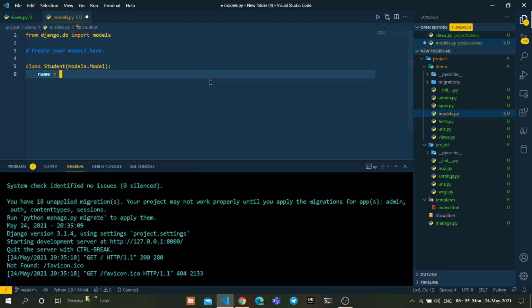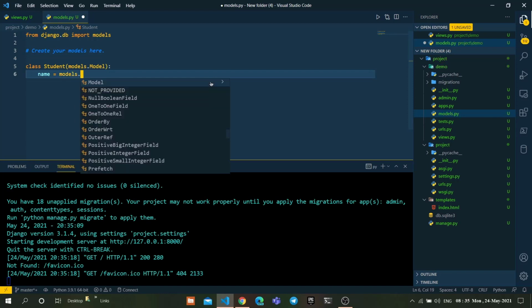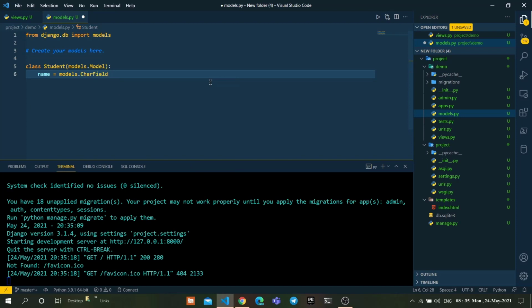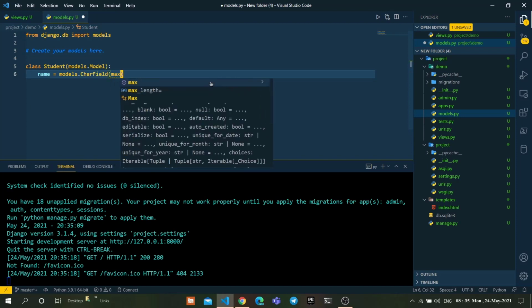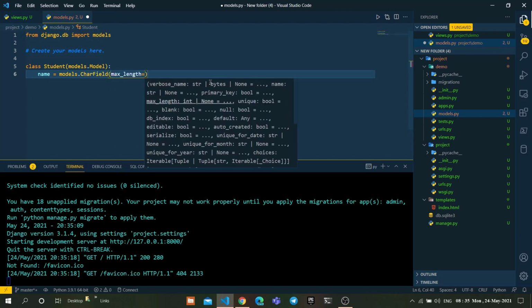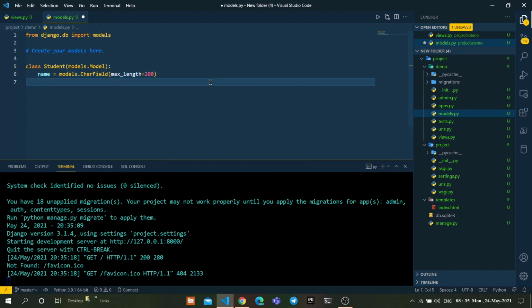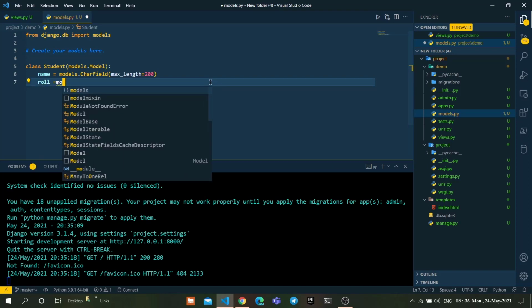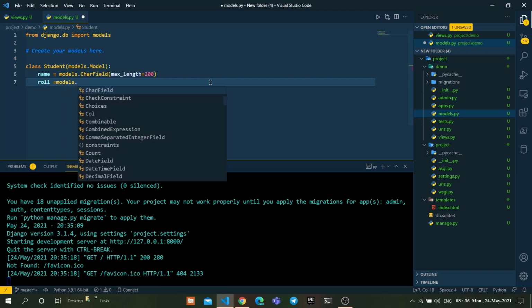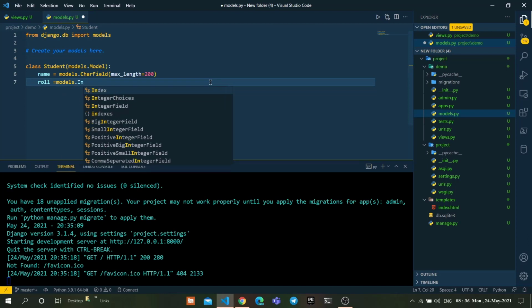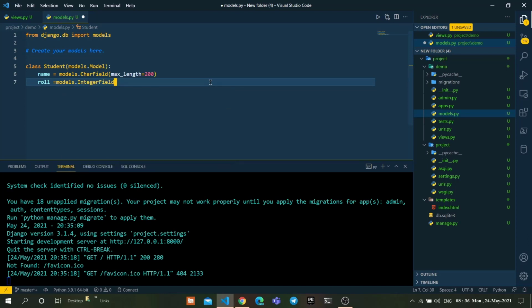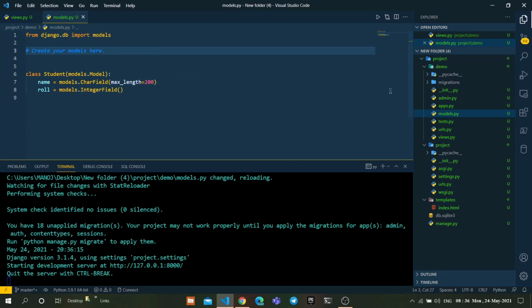The first field is name equal to models.CharField of max_length equal to 200. Next, roll number equal to models.IntegerField of. So we have created a model.